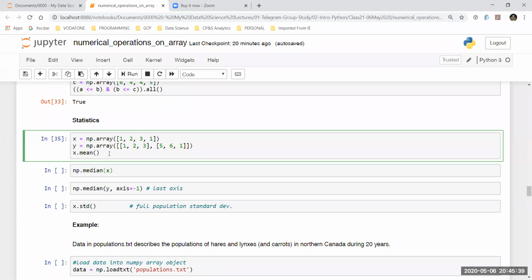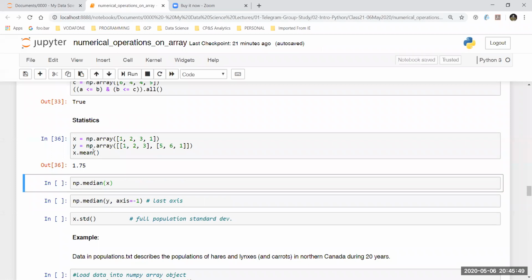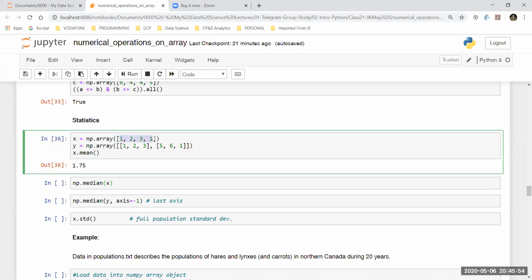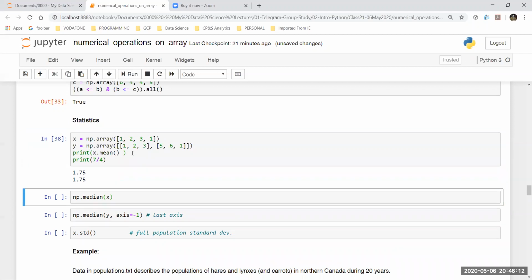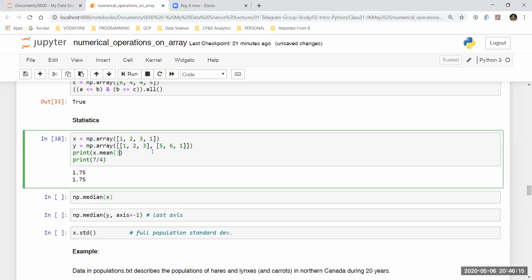So as of now, here I have two arrays, x and y, and I would like to find the mean of x. Statistically, mean means the mathematical average. So this clearly signifies that I sum up all the values 1, 2, 3, and 1, and then I divide it by 4, right? So 7 divided by 4 is equal to 1.75. I can also do this 7 divided by 4. Yeah, so the answer is overridden. Let me just do this here. So it's a very simple kind of a calculation.